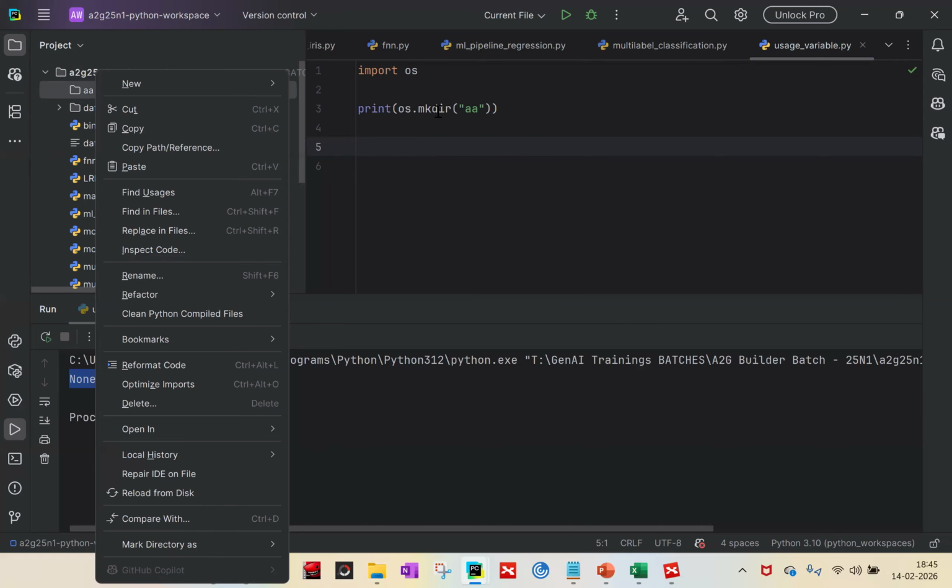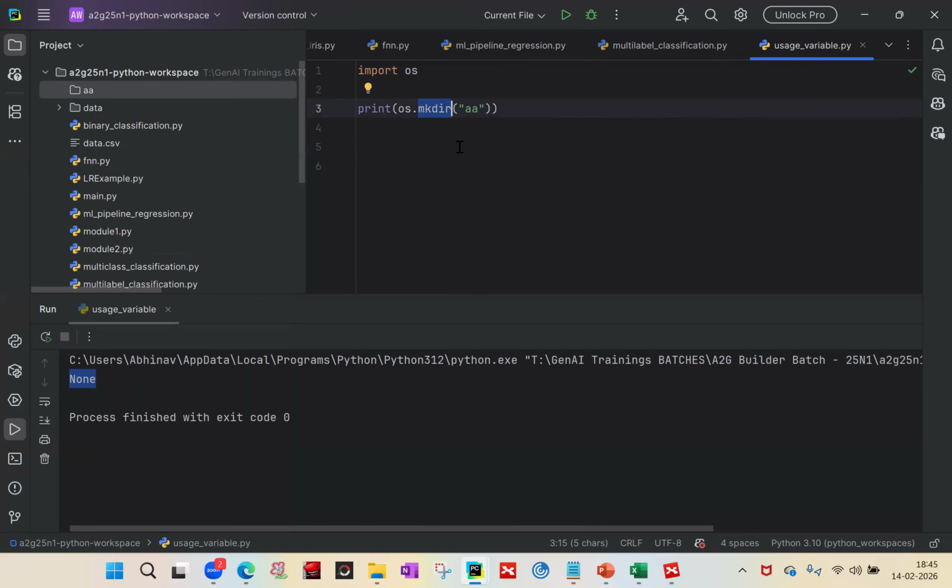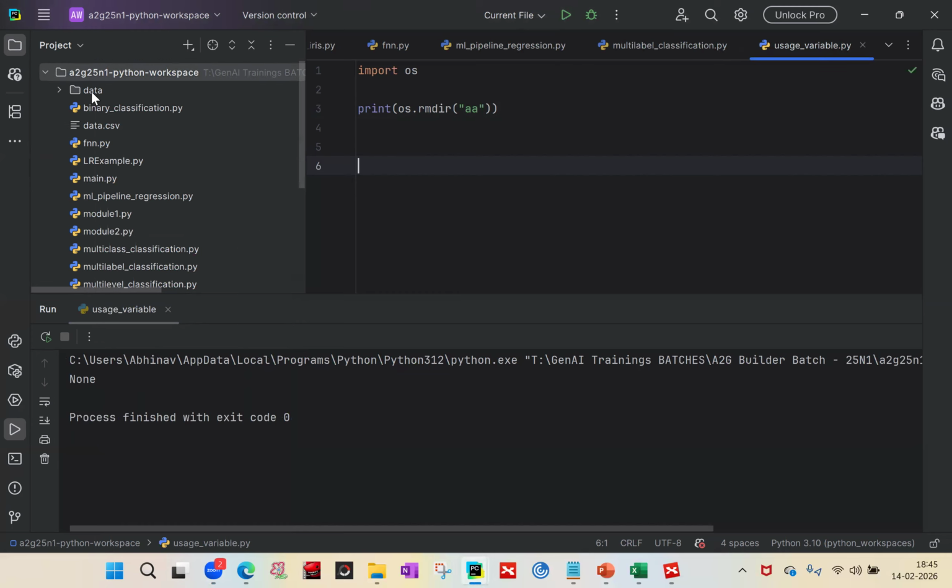Similarly, you can use rmdir to remove the directory. So let's remove this directory again. Print it, it should not print anything, it is not returning anything, so it will print None, and it has deleted the directory that we have just created. So this is how we basically use